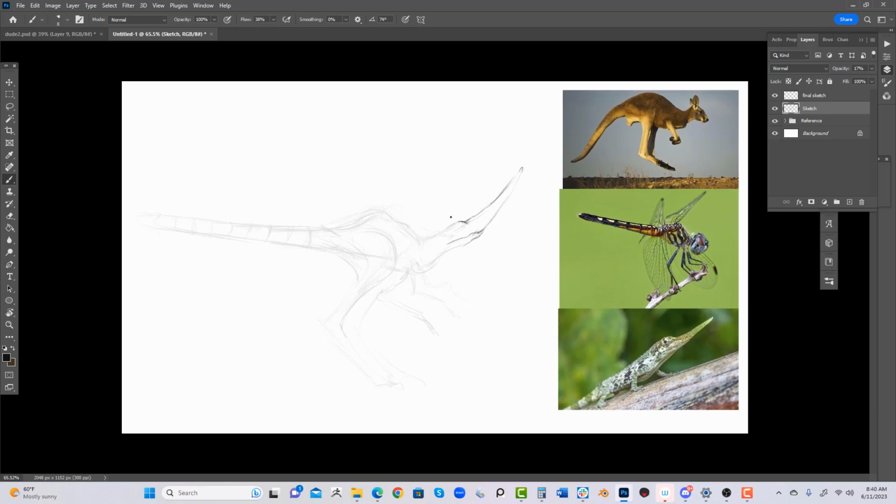Oh, it would help if I'm using the brush tool. Final sketch, there we go. Now I'm going to start to think about what I want these body parts to do on this creature. What kind of eyes do I want? I'm just going to keep a round eye right here